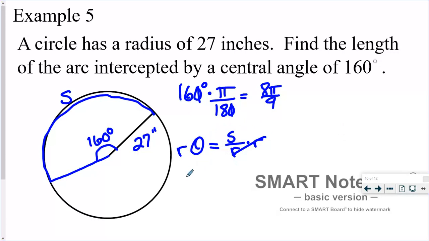So here we just say, okay, 27 times 8 pi over 9. 27 over 9 is just 3, right? 3 times 8 pi is 24 pi. So this would be 24 pi inches. Okay, so that's how you can do it in terms of radians. There's another way that you can do it, leaving it in